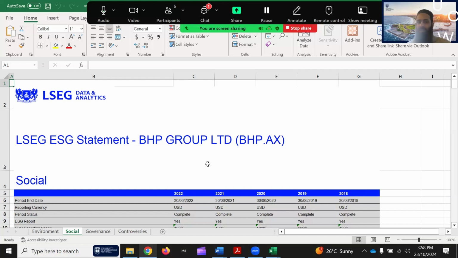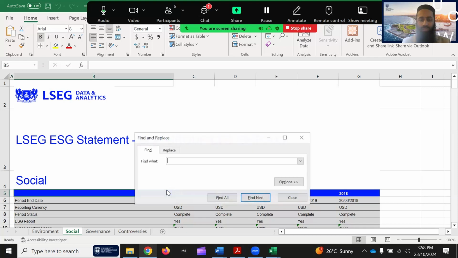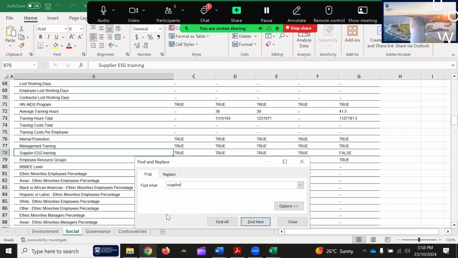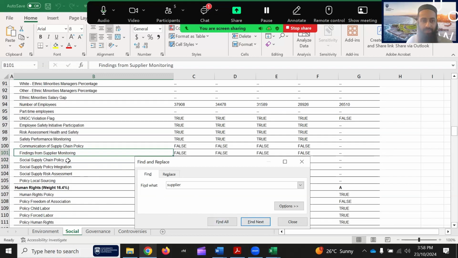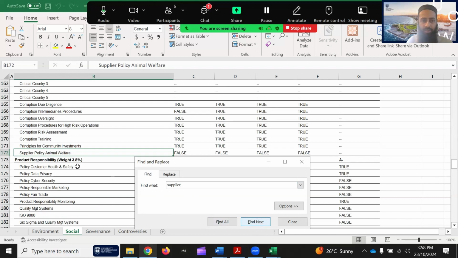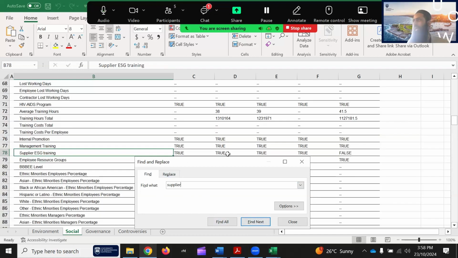It's still in the early phase, but one thing we did, we searched for supplier in the Excel spreadsheet, and we identified, yes, for example, there is supplier ESG training. We identified filings from supplier monitoring, supplier policy, animal welfare. Then we went to environmental, went to governance. We focused on that because the issue of modern slavery on the supplier side is a very hot issue nowadays.